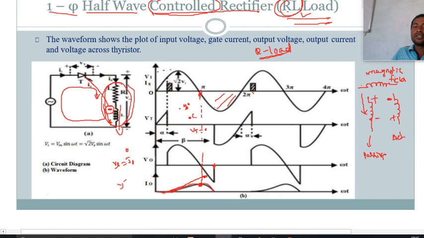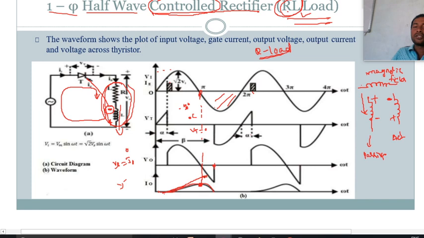After that, similarly, the inductor will store energy like this, up to this point, and release this energy. So this area is the energy stored, this area is the energy released, this is energy stored, this area energy released. This is the difference between them. So this waveform will continue into the negative half of the cycle up to a certain angle, which is nothing but beta, the extinction angle. Beta is nothing but the extinction angle. This takes place if the inductive load is connected in series with the load.